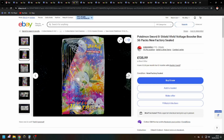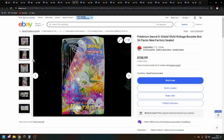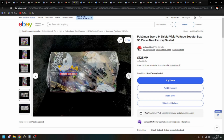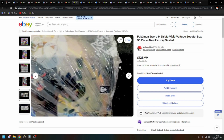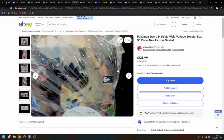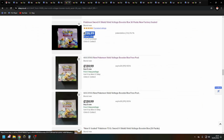Actually, that does kind of look a bit legit. It's just very bad quality control. This was all sort of mid pandemic when Vivid Voltage came out, so quality control at some of these factories was absolutely awful. So it really is a mixed bag with sets that came out at this time. Just look at the quality control on that. That is absolutely horrendous. I actually do think that's a legitimate box now. It's just not in great condition. And for an extra, what is it? So for an extra pound,